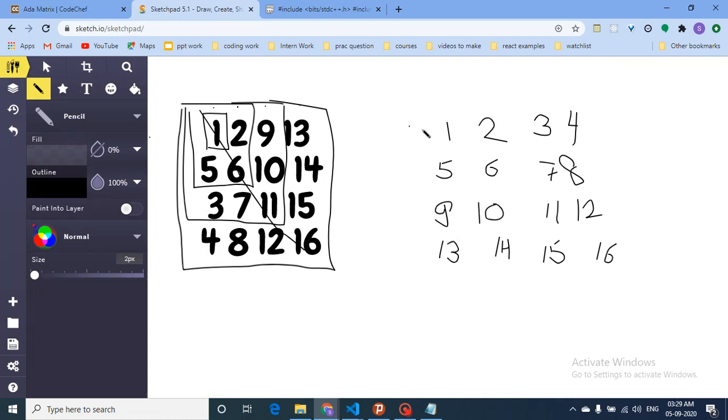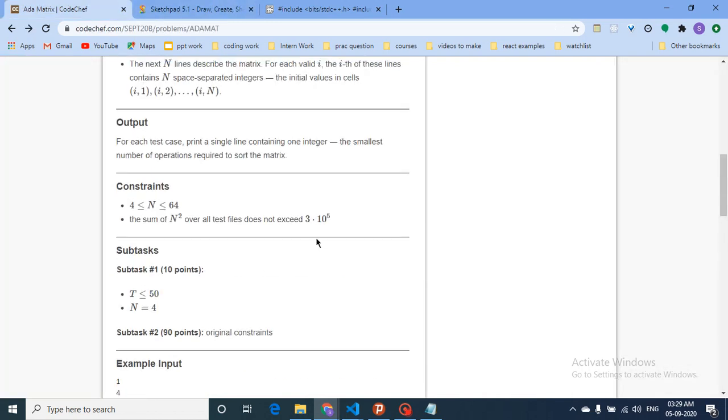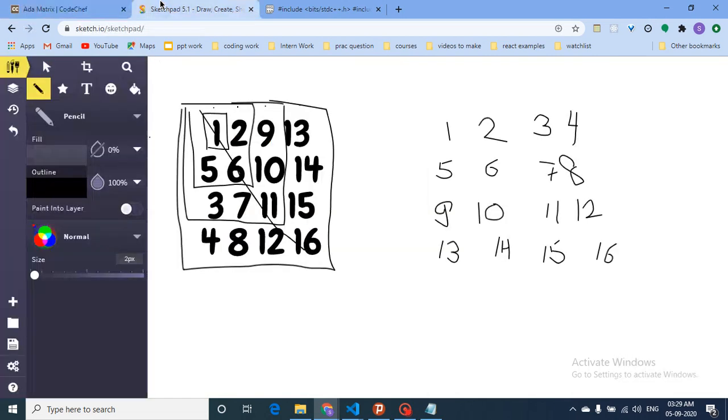Now how can you do this? As you can see, the constraints are such that we have to do this in O of n, like you just iterate over the array once. You don't actually do an n square operation, because n square is less than or equal to 325. The first thing you can observe here is that the diagonal elements do not change whenever you do a flip, so they should always be in the correct position. So 1, 6, 11 and 16 should be in the same position.